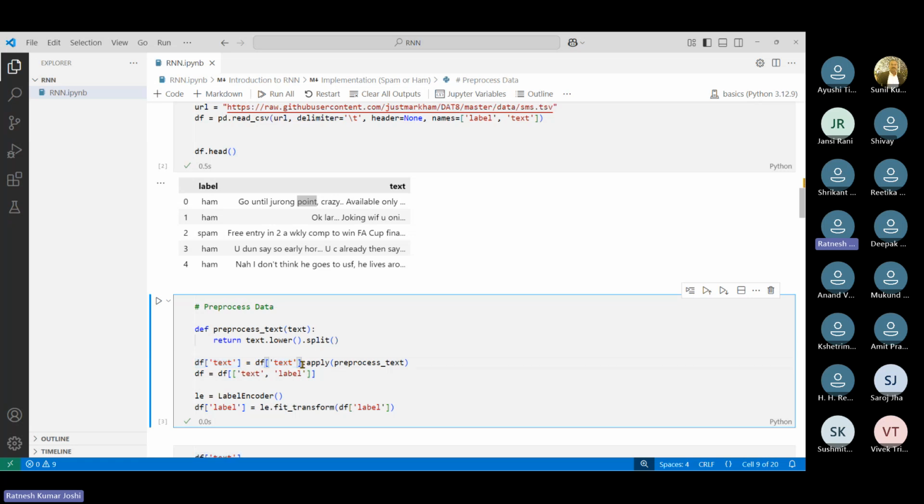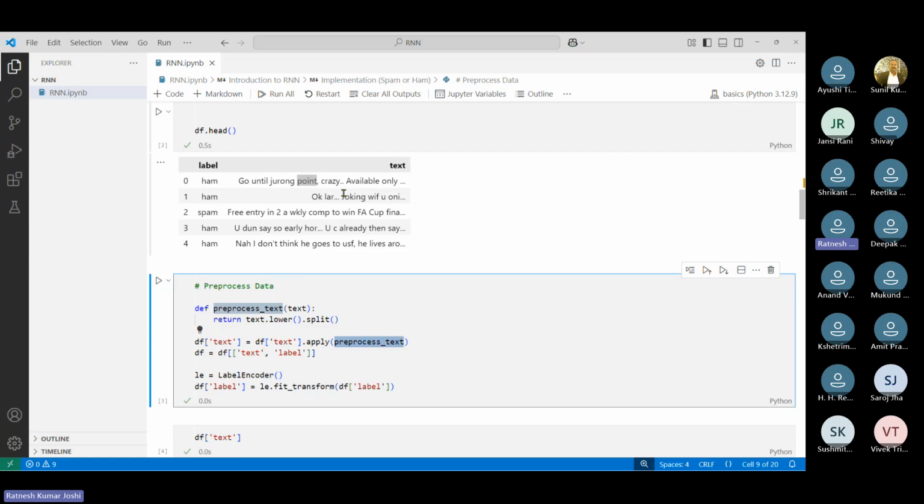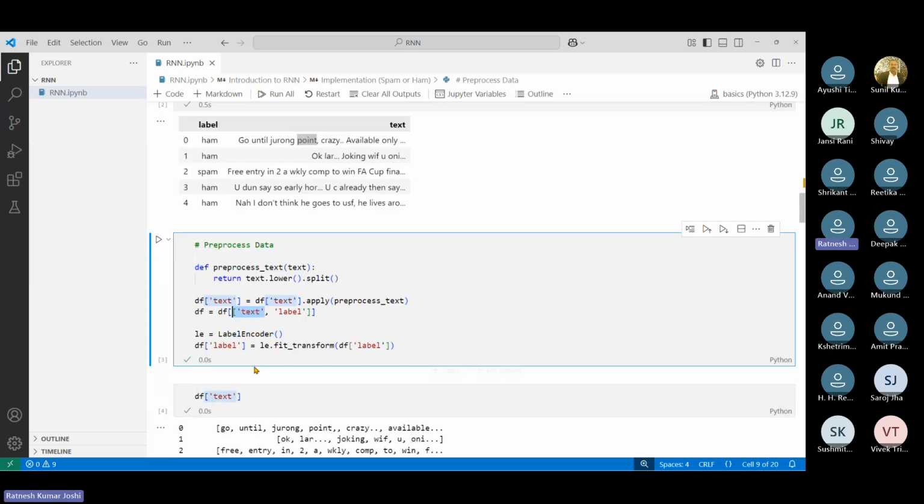We use df.text.apply(preprocess_text), and this preprocess_text function is applied to each singular entry of the text column, right? So for all the rows, we apply this preprocess function. Then we update the value of df as df of text and label, so we replace the original df.text with the new df.text, right? Then we apply